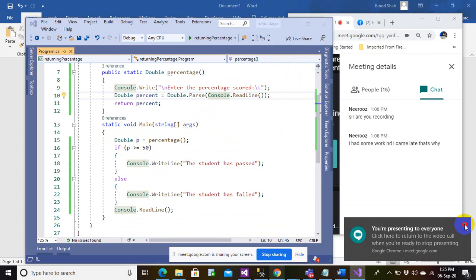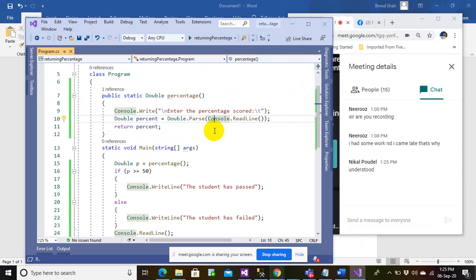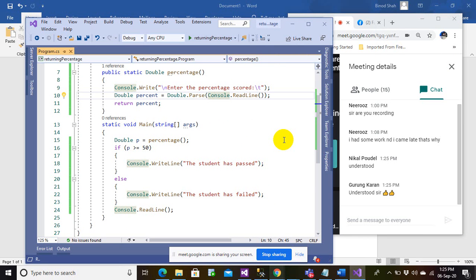Nickel understood, and what else others? Okay, Karan understood. You got understood. Okay, Sumit, it seems that many of you have understood this program.